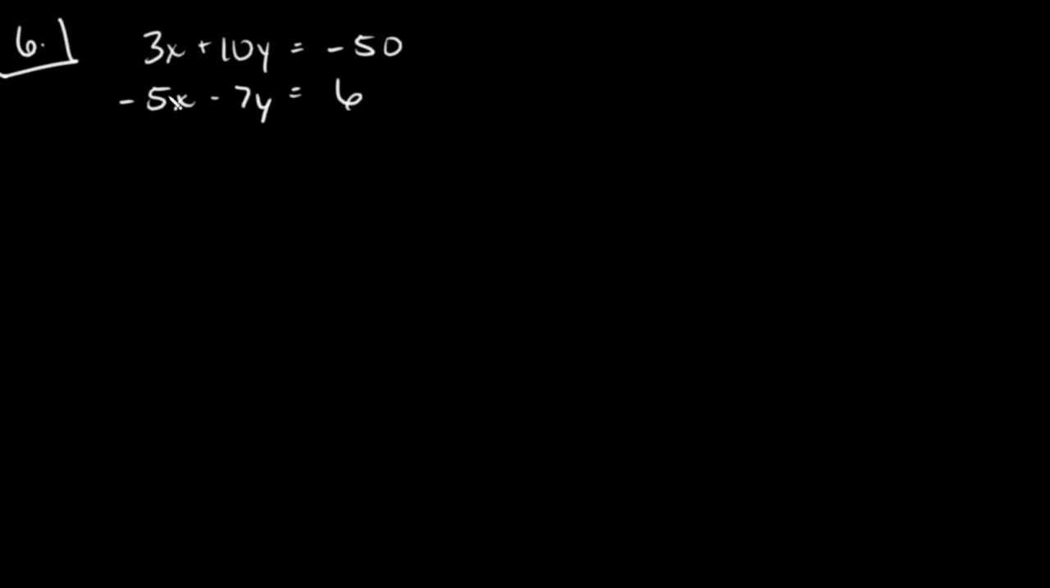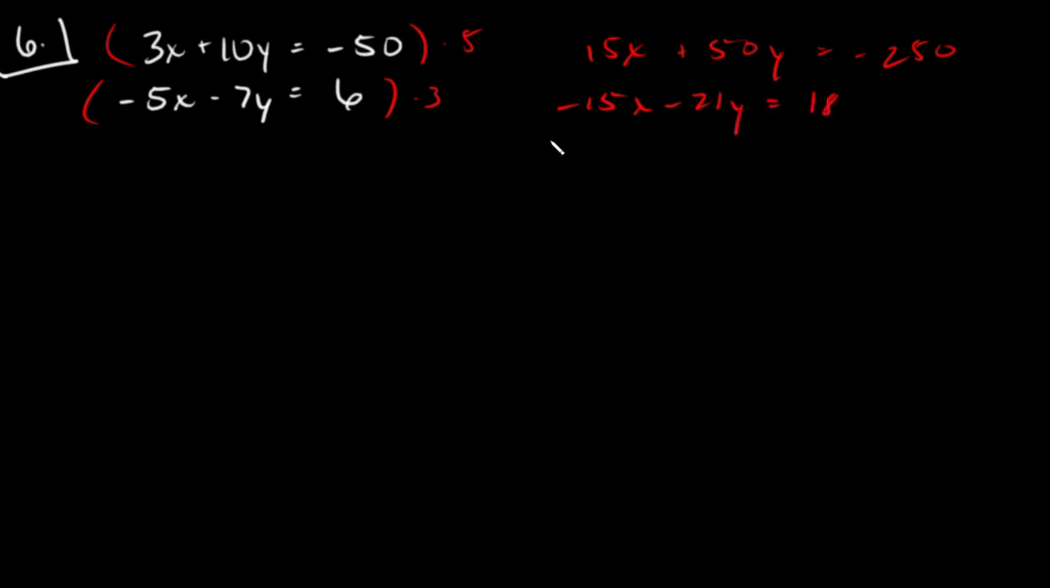So, 3 and 5, you want to make 15. So multiply by 5, multiply by 3, and move on with your life. 15x plus 50y equals negative 250. And then negative 15x minus 21y equals 18. This is weird. And you get 29y, these do cancel out, equals negative